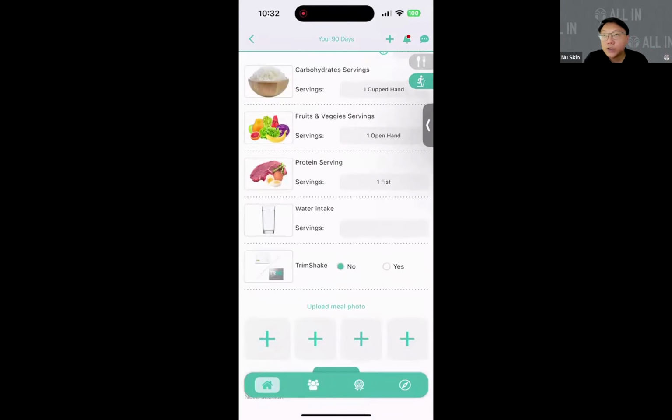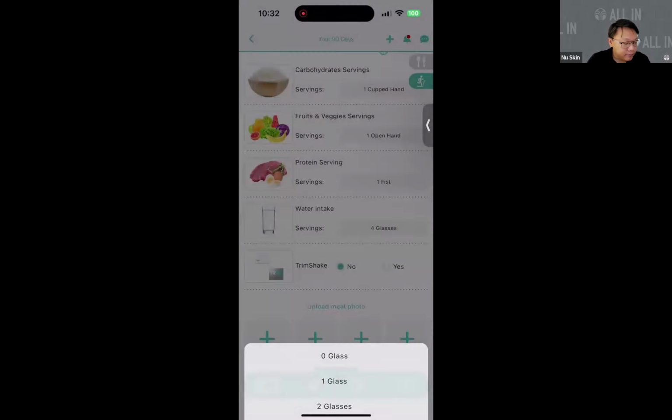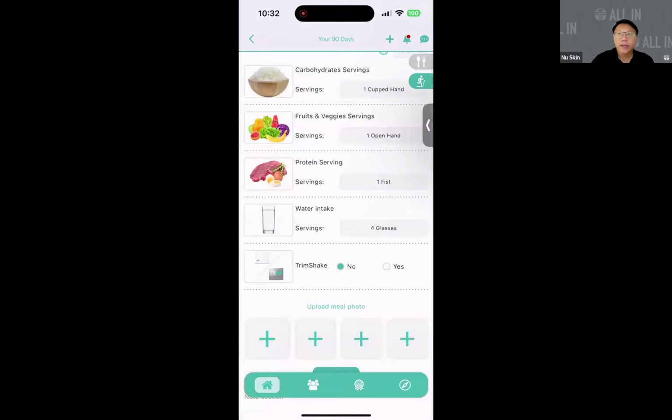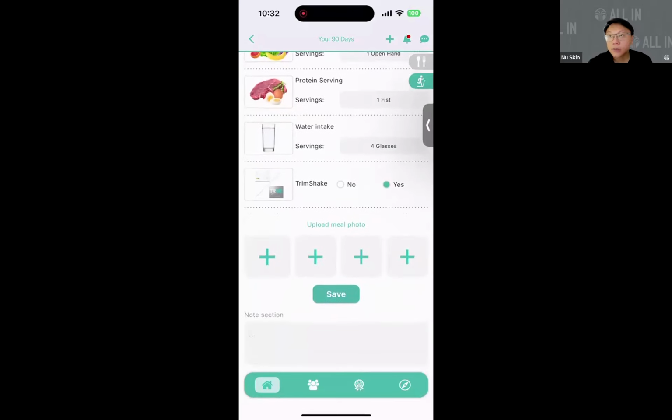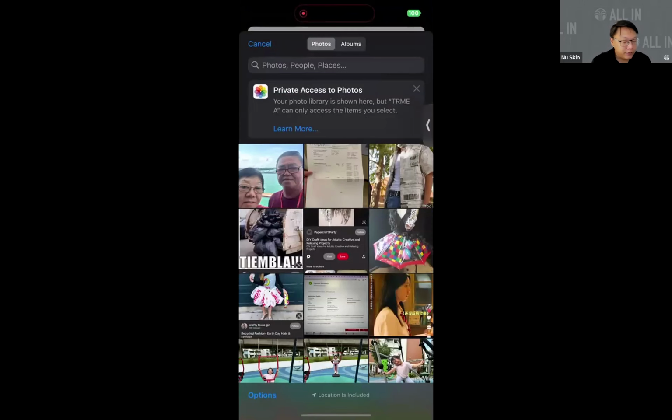Additionally, we also want you to keep a record of your water intake, as well as whether in that particular session you have consumed any trim shake. If yes, then just put yes. If no, just leave it as it is. To help your consultant identify what kind of food you are eating, take a picture of it.